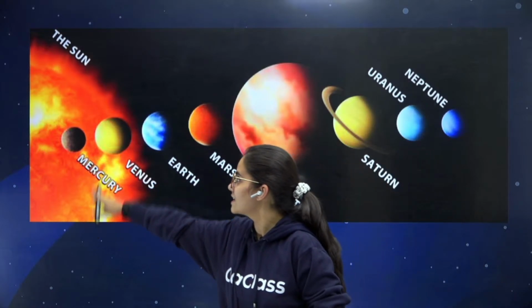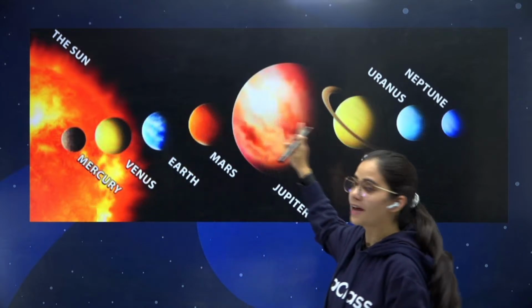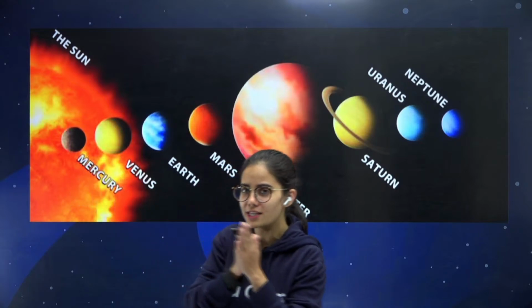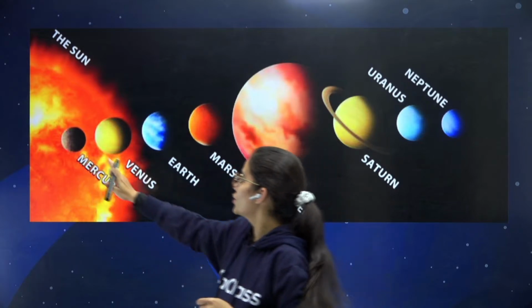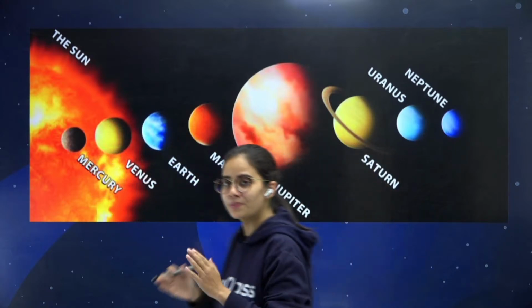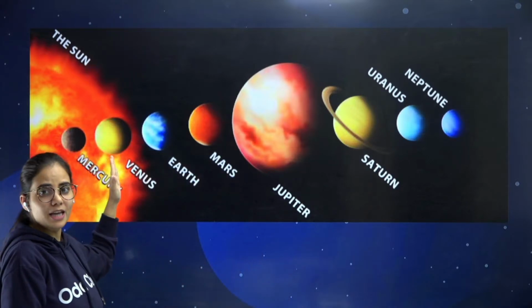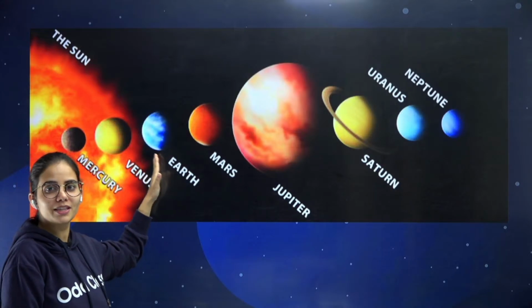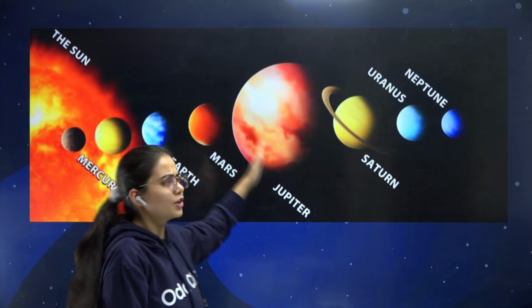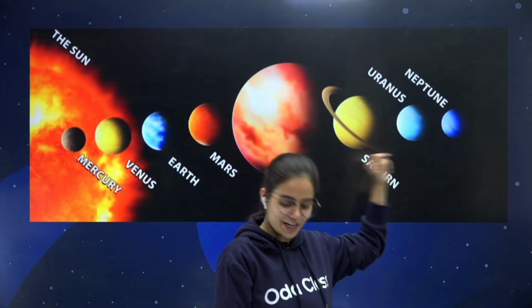Here you can see, at the start, that's the sun. And then we have different planets, starting from Mercury. Mercury is the closest one to the sun. You can see that it is based on distance. The distance of the planets keeps on increasing. The closest one is Mercury. At number 2, that's Venus. At number 3, that's Earth. And if you go ahead, you will see planet number 4, that's Mars. Go ahead, it's Jupiter. Again, Saturn, Uranus, and Neptune.